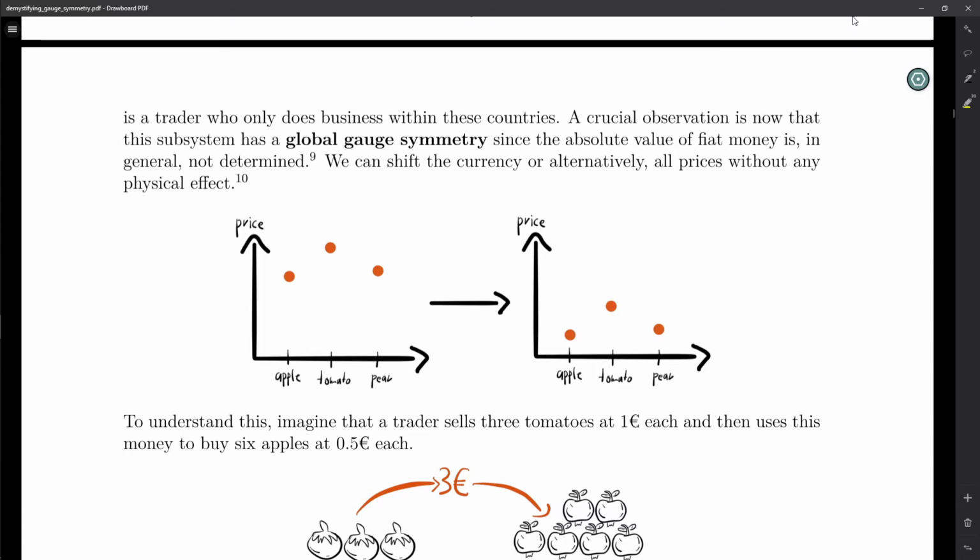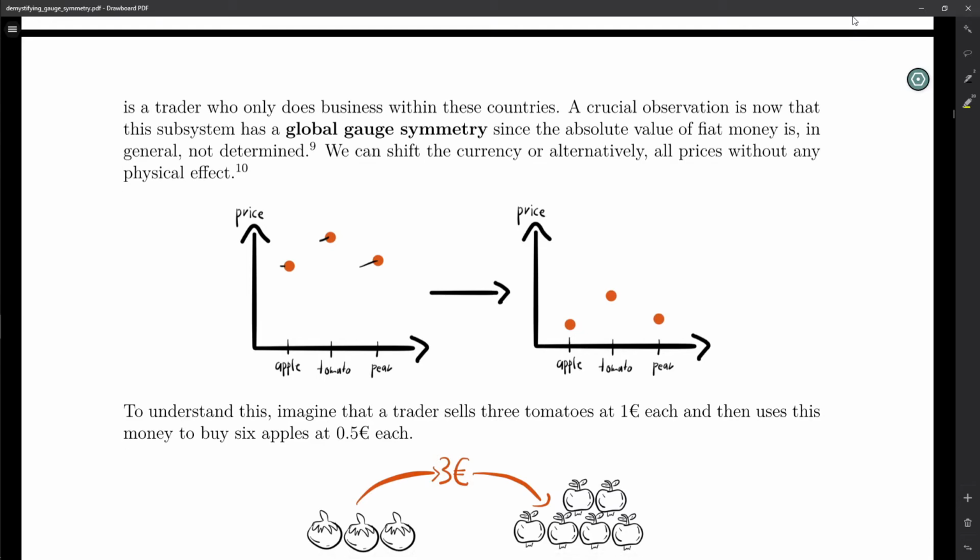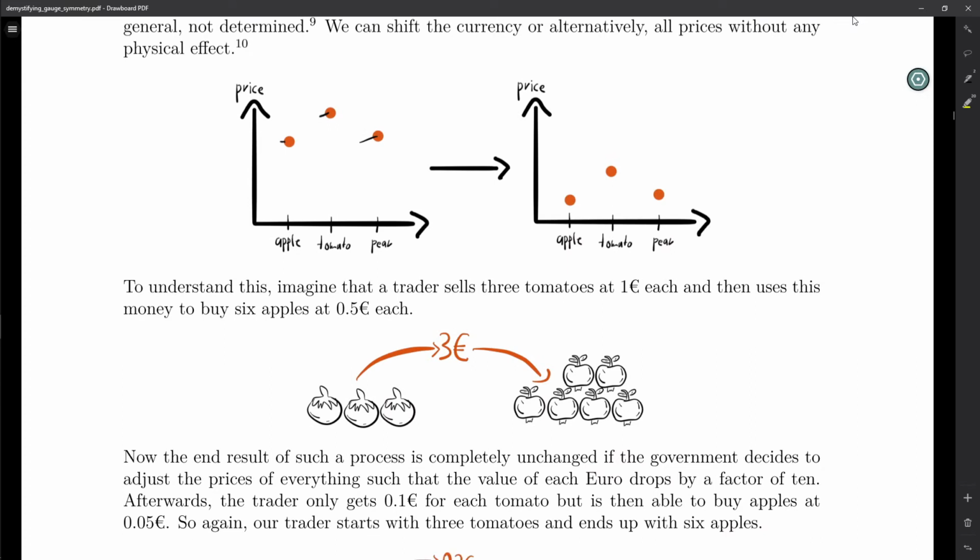So if you have a vegetable market that has, let's say, some set prices for your different commodities, if you're going to scale the currency, the price of them will just adjust according to it. Obviously these are physically different ones, but the reason why we call them sort of symmetries is because, let's say,